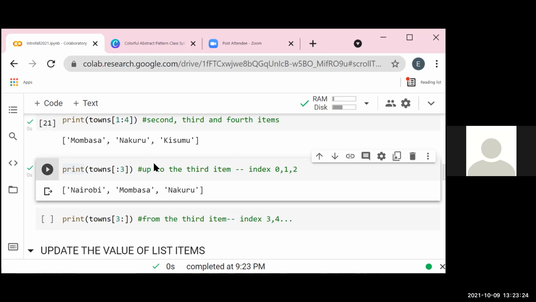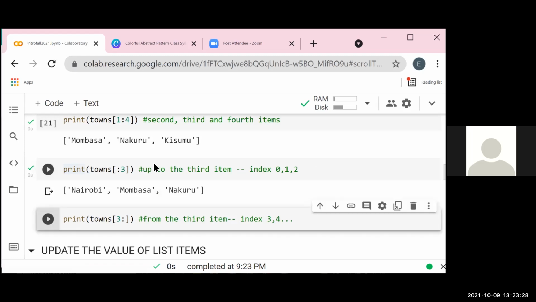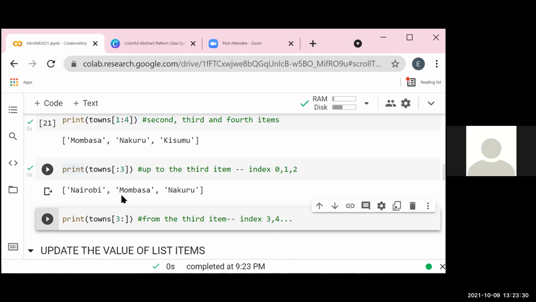The same case happens if we put a number at the beginning, but don't state where to stop. It will go up to the last number. But remember, in this case, the first number is included.